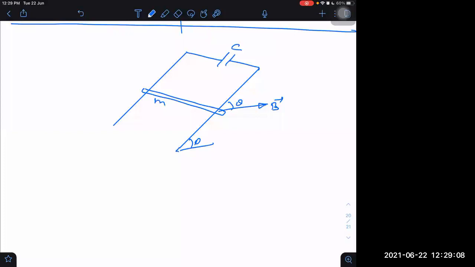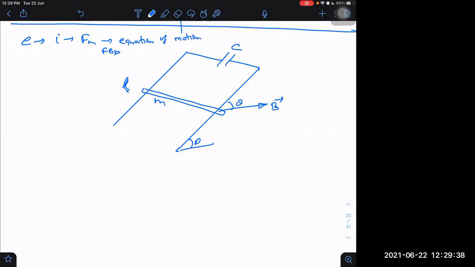Mass is m again of the rod. L is the length of the rod. All those things remain the same. The question is, what will be the equation of motion? Why am I asking for the equation of motion? Because to get the equation of motion, we have to make the circuit diagram. We have to follow this complete procedure: starting from E, getting the current, from current getting the force, from force getting the FBD, and from that we get the equation of motion. So this entire procedure we have to follow.